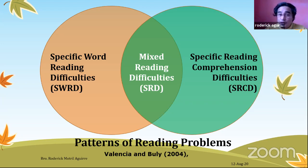Madali lang silang tutukan. But for those mixed reading difficulties, it's a conglomeration of long overdue skills that should have been taught to the students from the early grades to the middle grades to the junior high school grades that nagkapatong-patong na dahil hindi naturuan kaya naging mixed reading difficulties. All right? So,